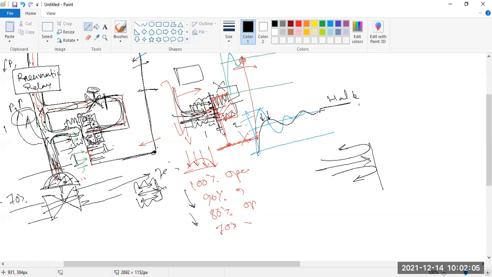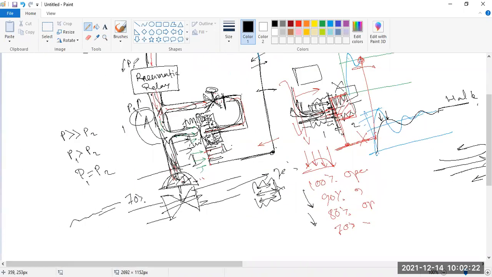It wants to go back, so that it can occupy the source line, but the source line pressure is high at first. So again it will oppose this position. First time, in this area your pressure was P1, and in this area your pressure is P2. First time your bellow was allowed to expand, so pressure given here was very, very low. But whenever back pressure starts creating, then it goes here.